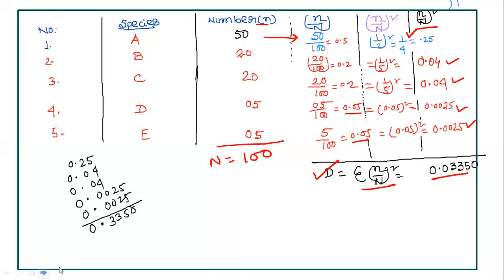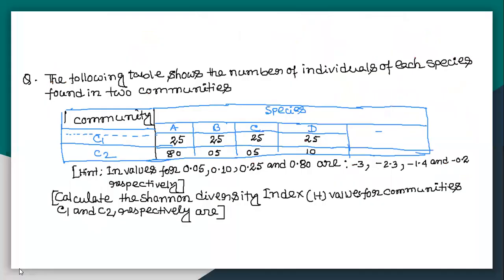Now coming to the second question, which asks you to calculate the Shannon-Weiner Diversity Index. Please look at the problem. The following table shows the number of individuals of species found in two communities. Two communities are given, C1 and C2, with species A, B,